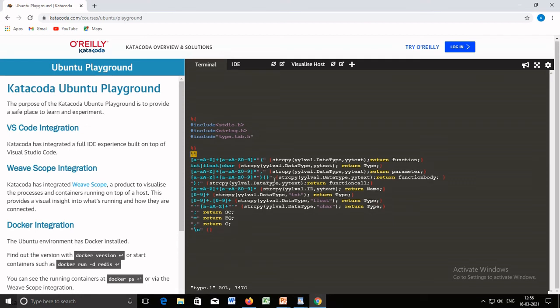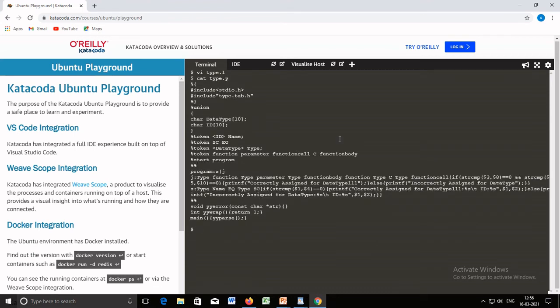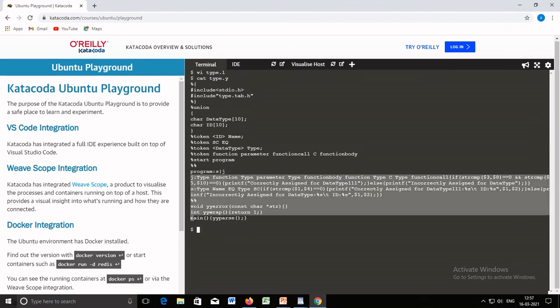So function name can be there. This is for function body. This is for a return parameter of the function. This is again for a function body, and this is function name, and this is for type, maybe in declaration type or in function return parameter type. This is the Lex specification. Now let's see the Yacc specification, the grammar for this statement. We've specified grammar here and associated action.